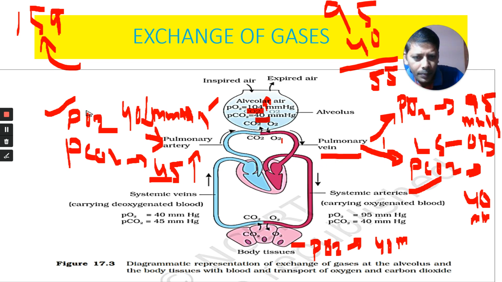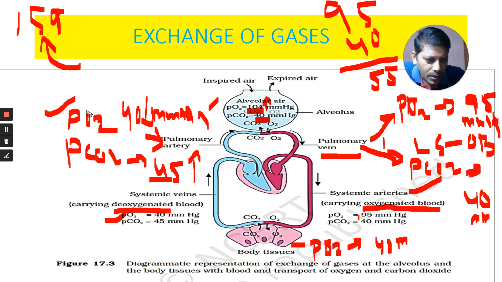Okay, now come here. Now the blood is coming, this oxygenated blood which has a partial pressure of oxygen of 95. Now it is taken from the heart; oxygenated blood means more oxygen is present in the blood. Deoxygenated blood does not mean that it has no oxygen. Only here 40 mmHg, here 95. Deoxygenated blood also has some amount of oxygen. How much? 40 mmHg. Oxygenated blood has 95, more.